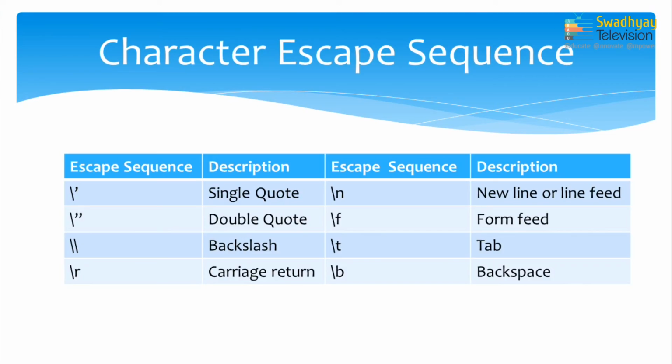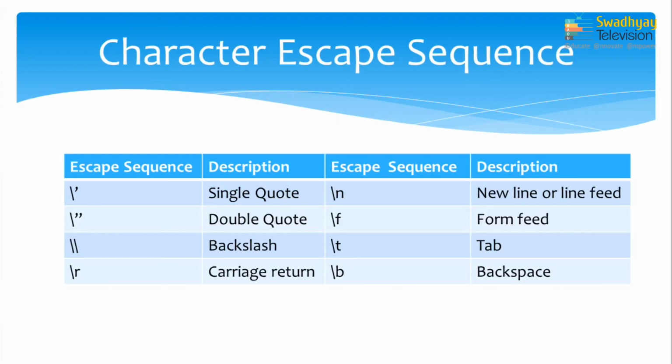For that we can use character escape sequences. Normally single quotes and double quotes have a special meaning, so you cannot directly print single quotes or double quotes. To print them you have to follow it with a slash. So, slash single inverted comma is used to print single quotes, and slash and double quotes is used to print